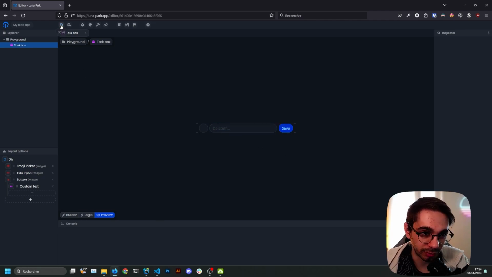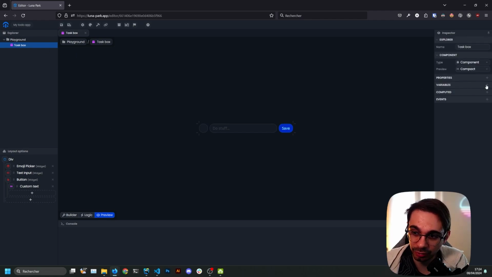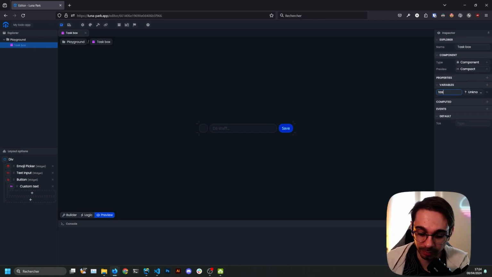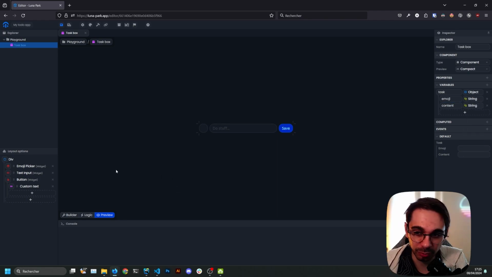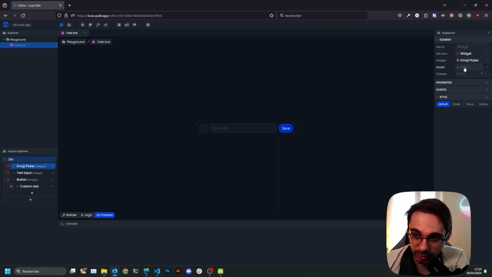Let's save our component, then click on the file and add a new variable. Our variable will be named task and will be an object with two properties. The first one will be its emoji, and the second one will be its content, which are both strings. Now we can link our picker and input to this variable. So let's click on the emoji picker, and under the model, task, click emoji. And our text input, let's click on task,